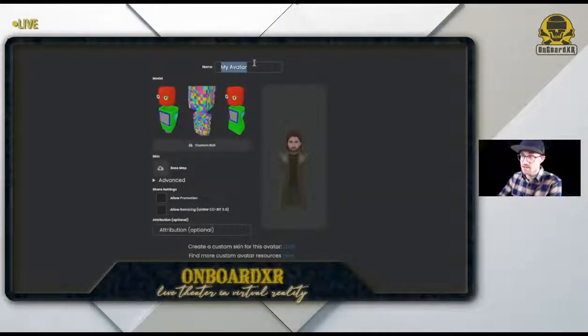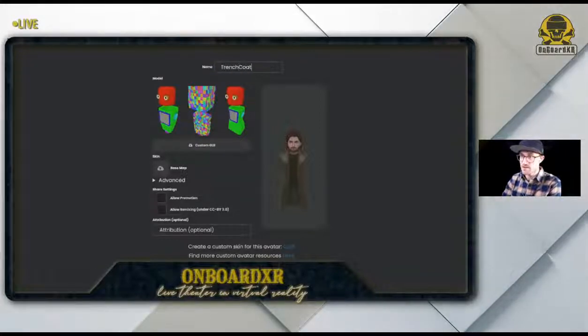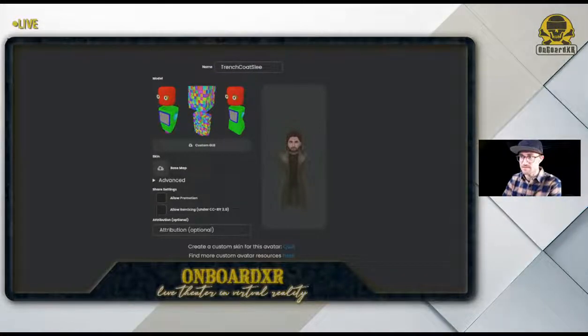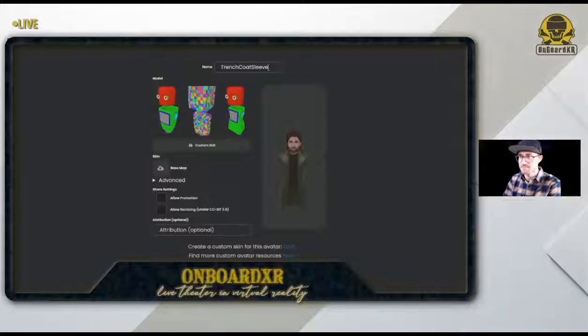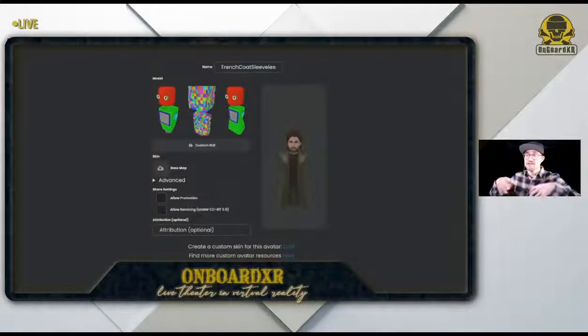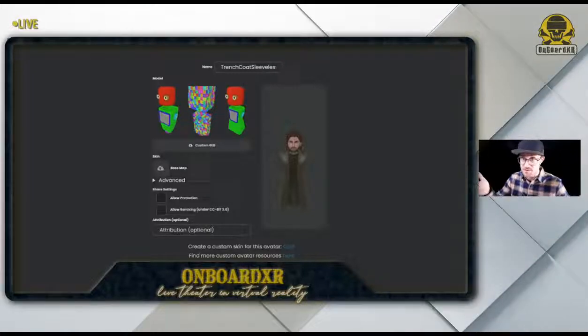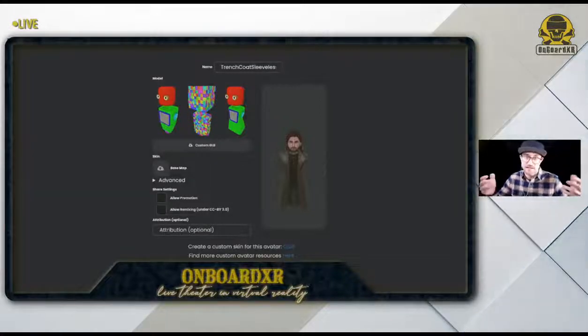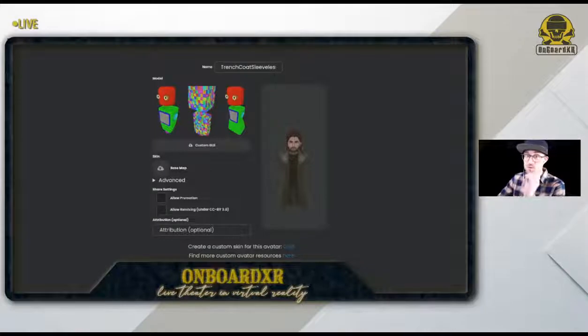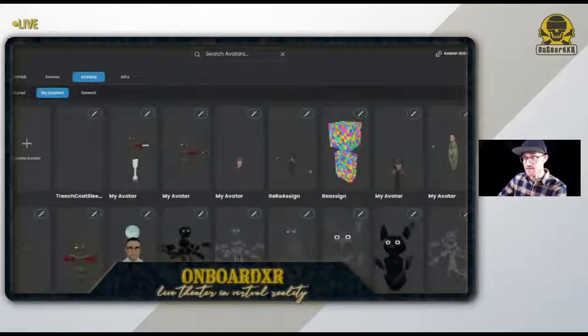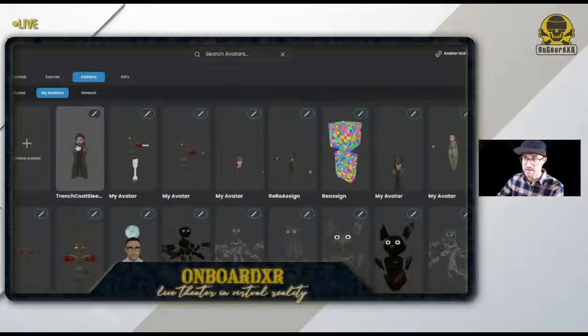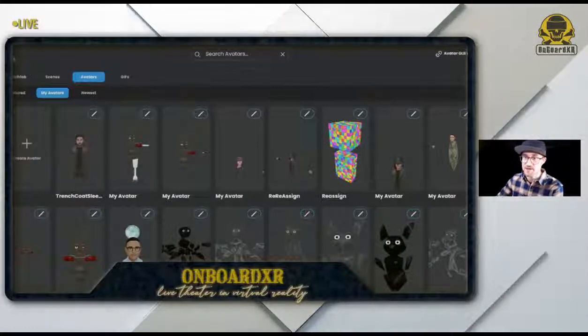So call it trench coat sleeveless one. I don't know. It's now going to upload it to Mozilla, set it to my account that I can now use it anytime I log into any Mozilla Hubs room. Then there's one more cool trick that I want to try for testing it. In all of my avatars that I've ever uploaded, I can right-click, copy link address,